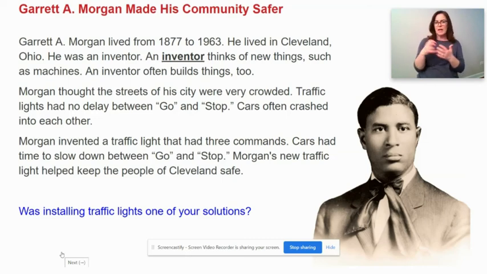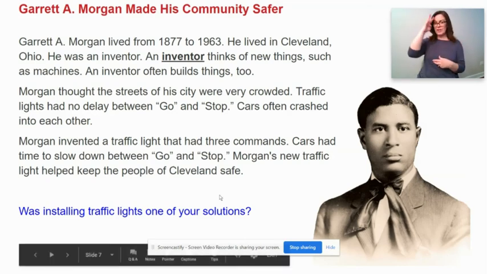Traffic lights had no delay between go and stop. Cars often crashed into each other. Morgan invented a traffic light that had 3 commands. Cars had time to slow down in between the go and stop. Morgan's new traffic light helped keep the people of Cleveland safe.